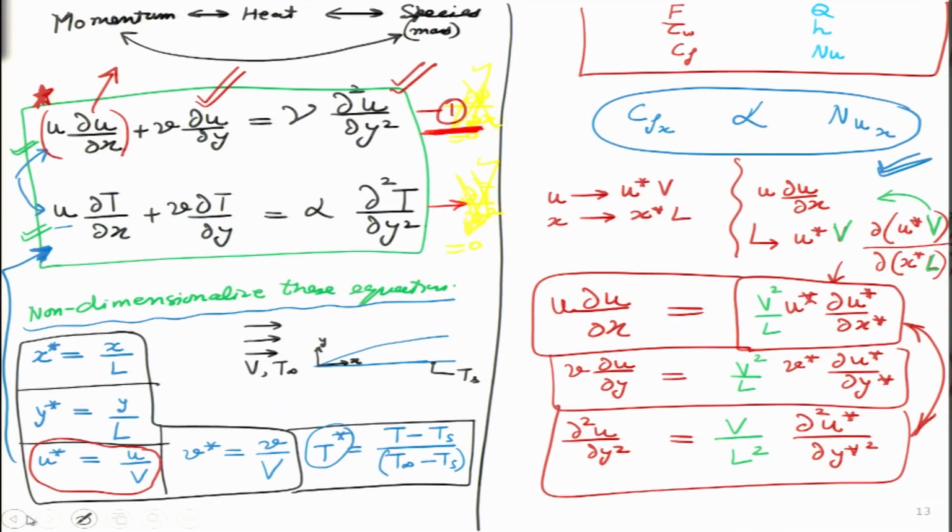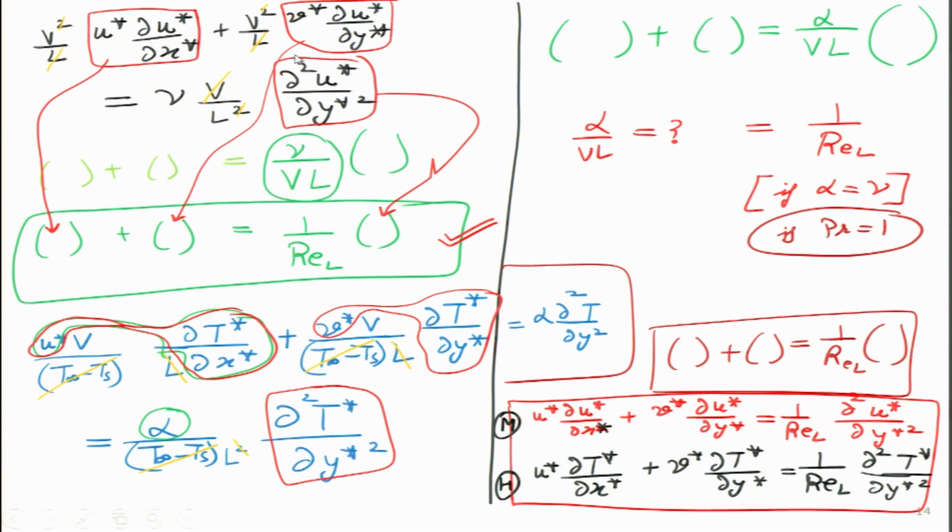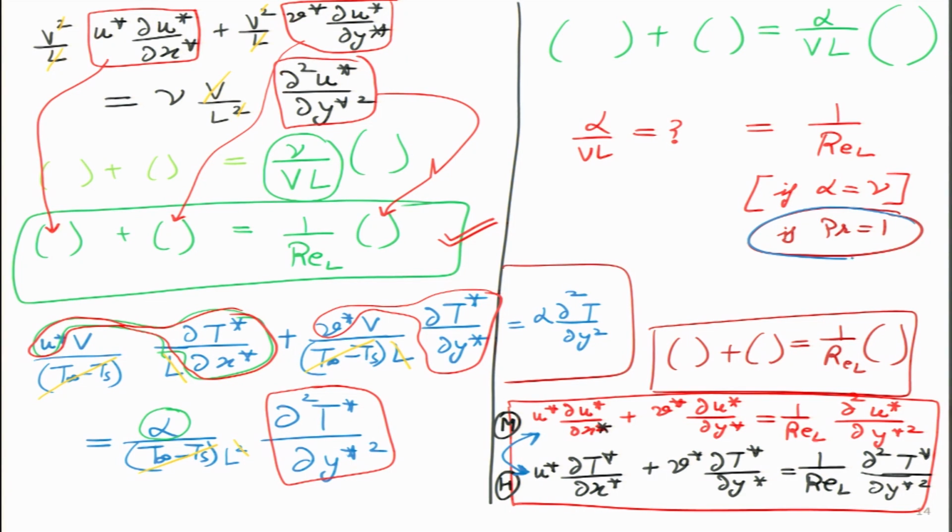All I was trying to say when I started this particular topic over here, which is the momentum, heat and species analogy. Analogy means similarity. So, if there is a similarity between them, now we can clearly see, we just replace T by U and we will get the same equation. So, temperature field can be replaced by velocity field, that is what it is suggesting over here in the non-dimensionalized form. Under which conditions? Under this condition over here. And of course, this whole thing has been done for laminar case.